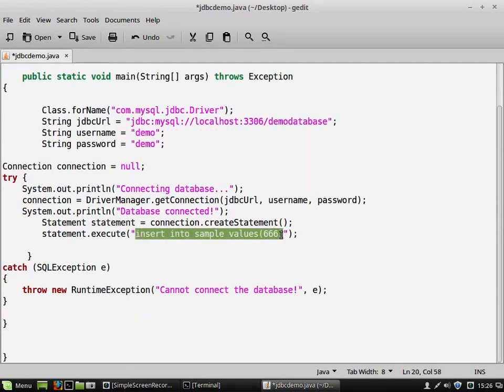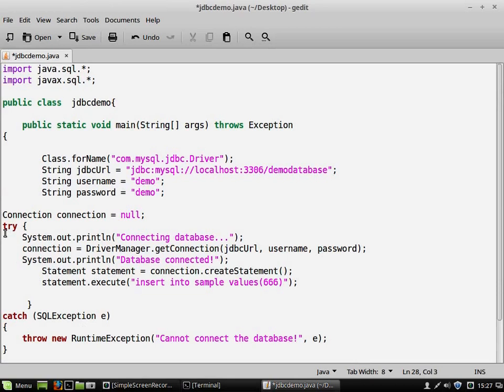Try to see here, it's a simple string, insert into sample. According to Java, this is a string, but according to SQL, it's a command, right? So in case you have made any mistake typing something, for example here, the keyword values is compulsory as far as SQL syntax is concerned. But in case you have typed only value, that is wrong according to SQL syntax. At that time, some exceptions have to be thrown back. To see those SQL related exceptions, we need to write a catch block. That's why this entire thing is kept in a try block.